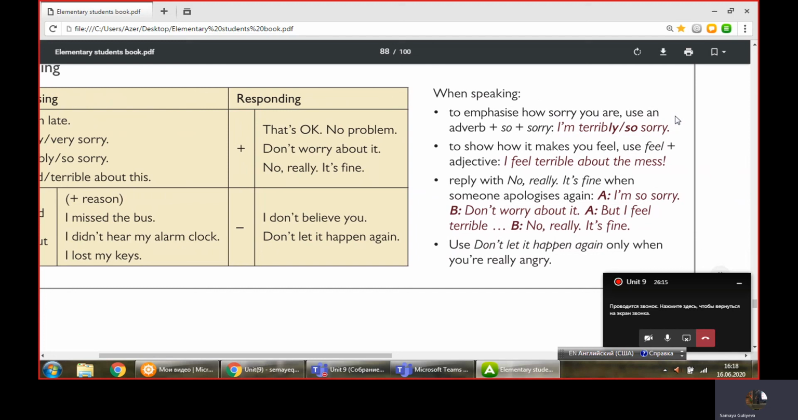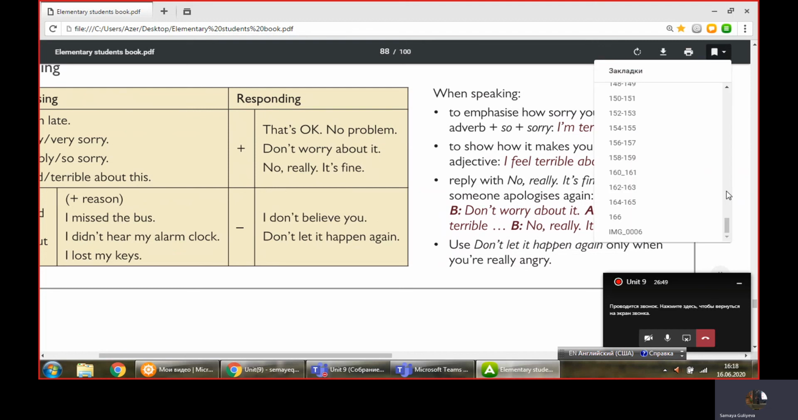And here you see, when speaking, to emphasize how sorry you are, use the adverb "so" plus "sorry." To show how it makes you feel, use the subject, "feel," plus an adjective and "about," and express your reason. And like this, reply with "No, really, it is fine" when someone apologizes again. You can also use "Don't let it happen again" only when you are really angry. Yes, you can be angry, and you can show your positive or negative attitudes for any excuse using these phrases. Let's go back to page